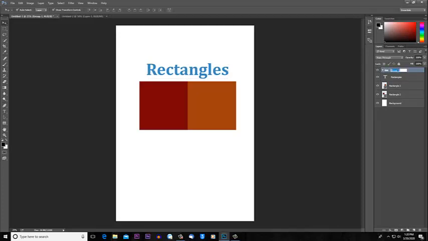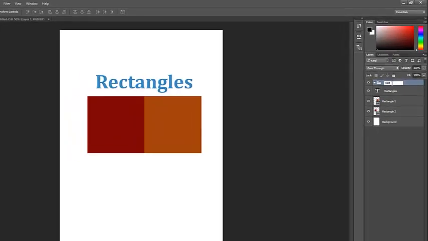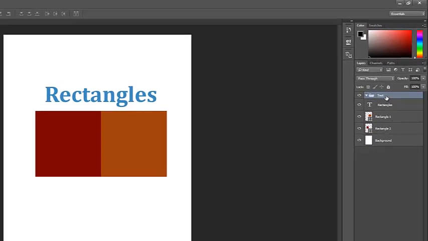So I'm going to name this as text. This is going to be the group where I will save all the text that I'm going to use in this project. So I can click and drag inside that text layer. Now it is there, because if you look at here, it is not in the same line because it is indented. That is showing you that now this